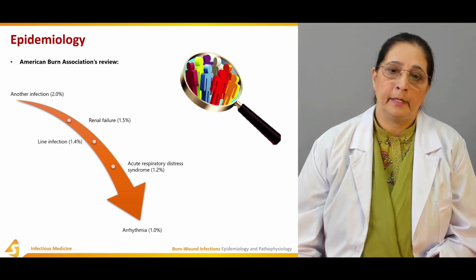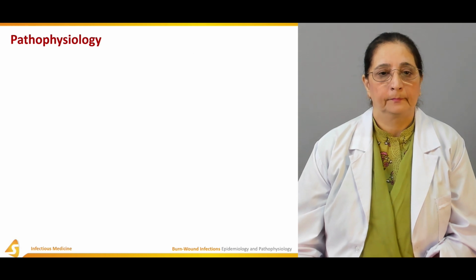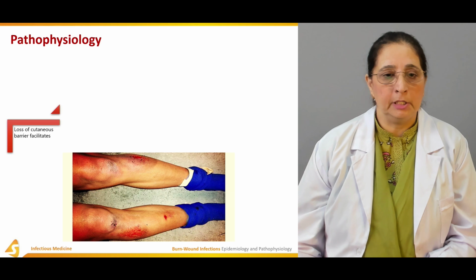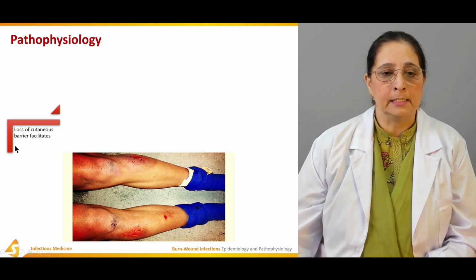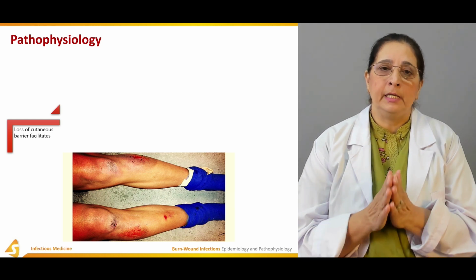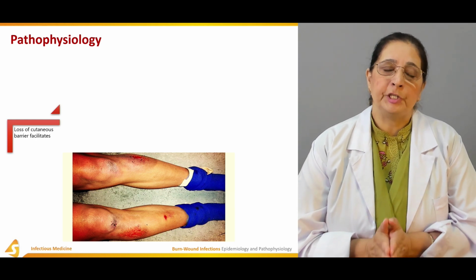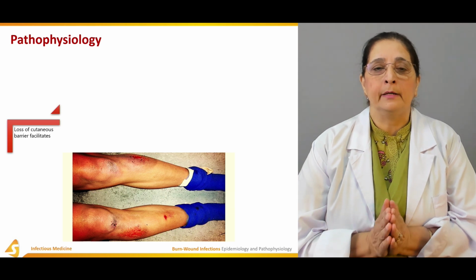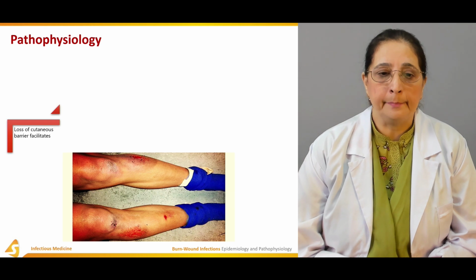Arrhythmias also occur in about 1% of the patients. Now the pathophysiology of the burn: loss of cutaneous barrier facilitates infection. I already mentioned that the most important factor that leads to the infection of the burn wound is the loss of the protective barrier, which is the skin. So, loss of cutaneous barrier